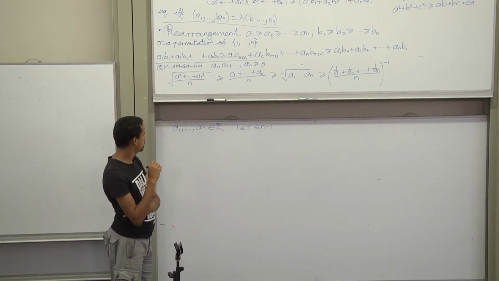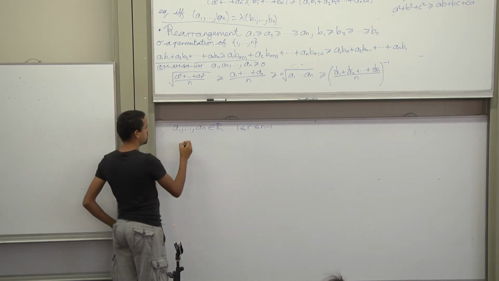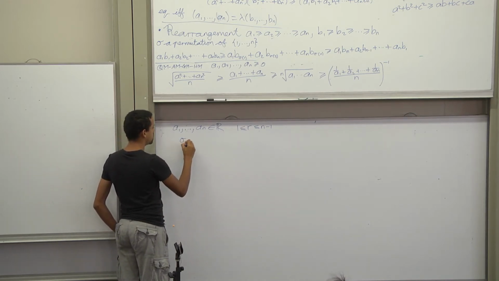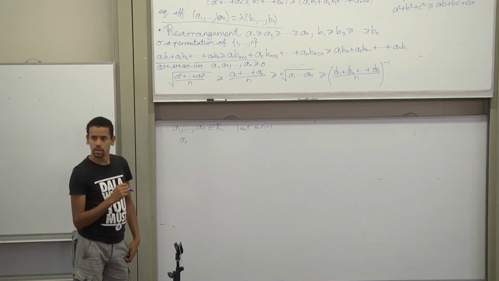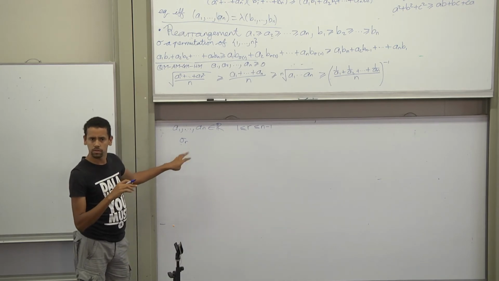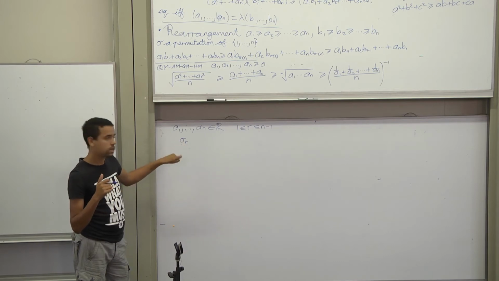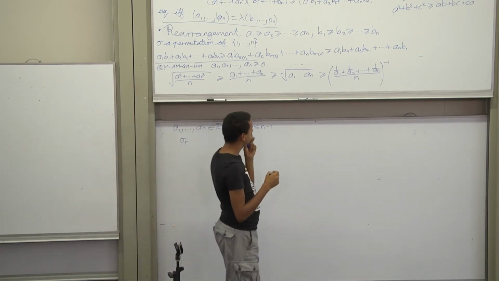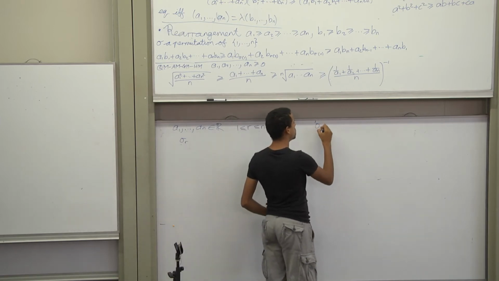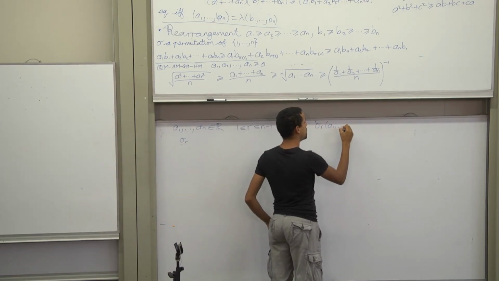And what Newton's inequality says is that the rth symmetric polynomial. Do you need a reminder of what that is, or should I just write down sigma r? Okay. Sigma r of the a1s to an's